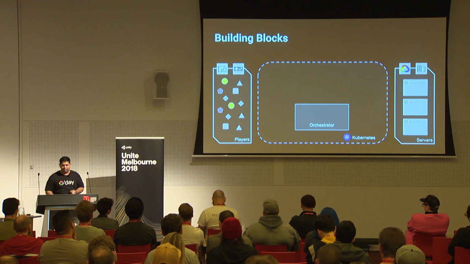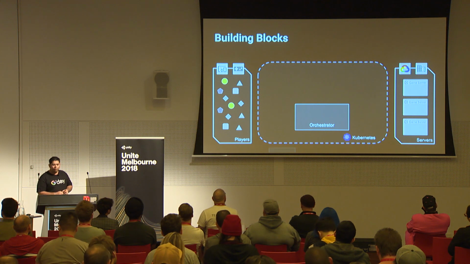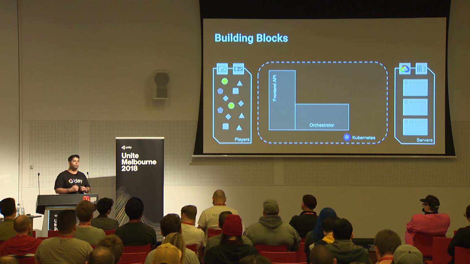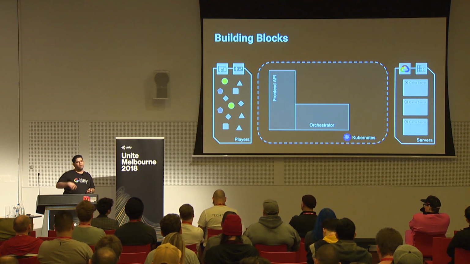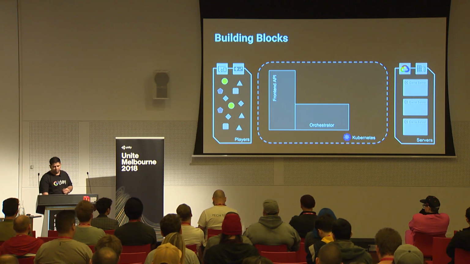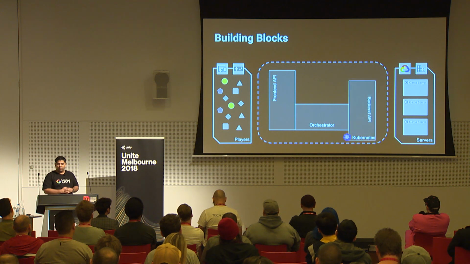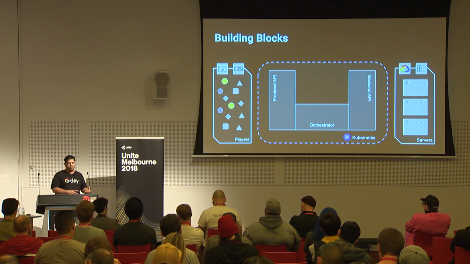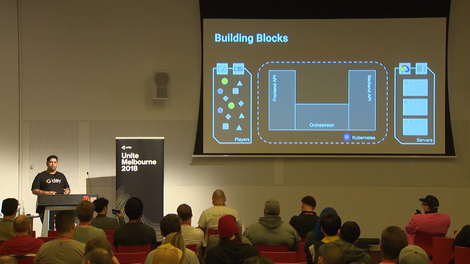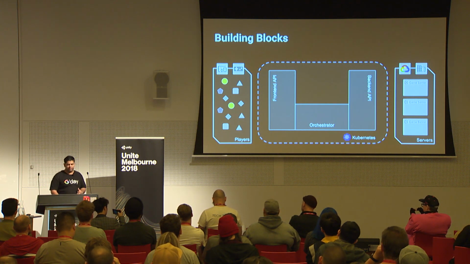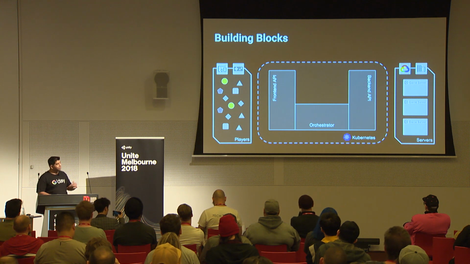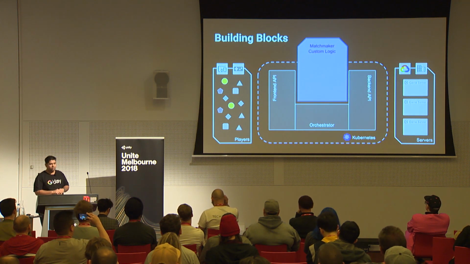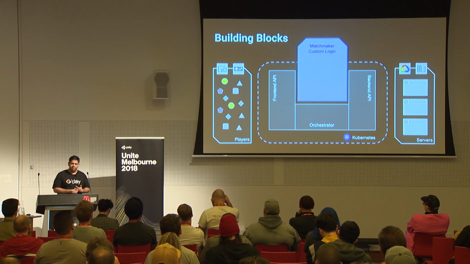And I'll show you that in a second. Then we have the front-end API, which is what your game clients will connect to when they want to request a match, to make themselves available for being matched up. And then finally, we have the back-end API, which your server hosting and infrastructure operations department will use to administer the matchmaking. Now to these, you're going to add your custom matchmaking logic. And you'll do so in a Docker container.